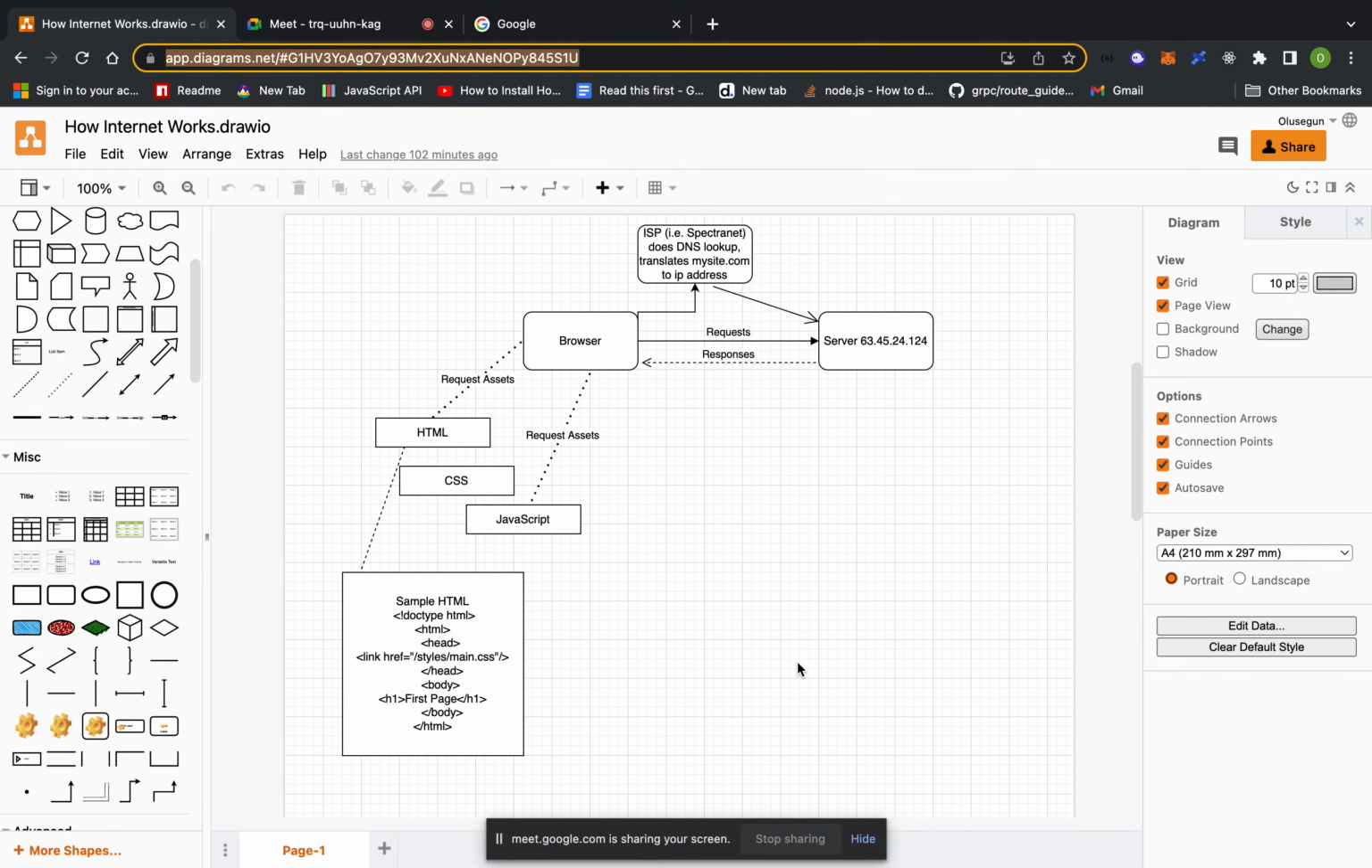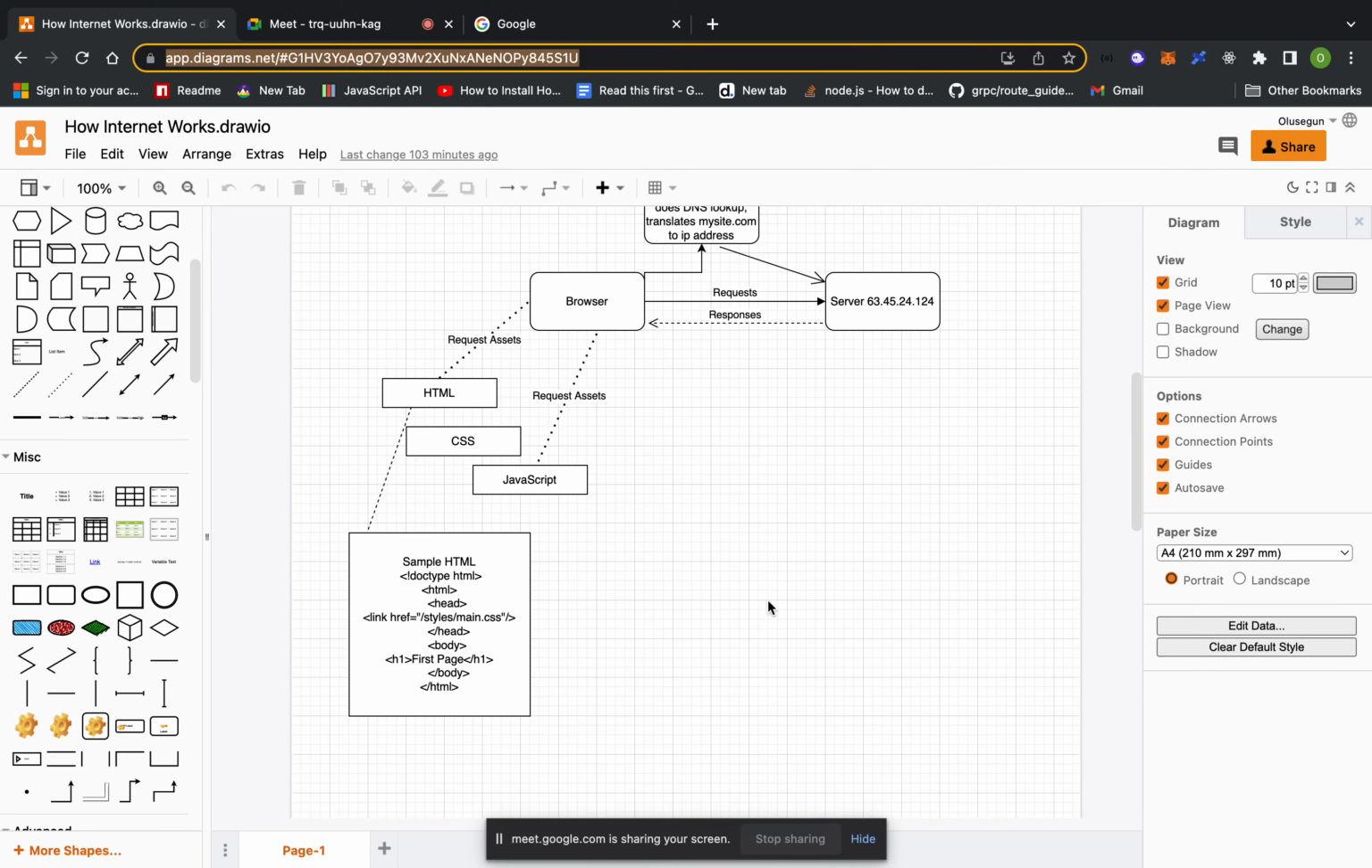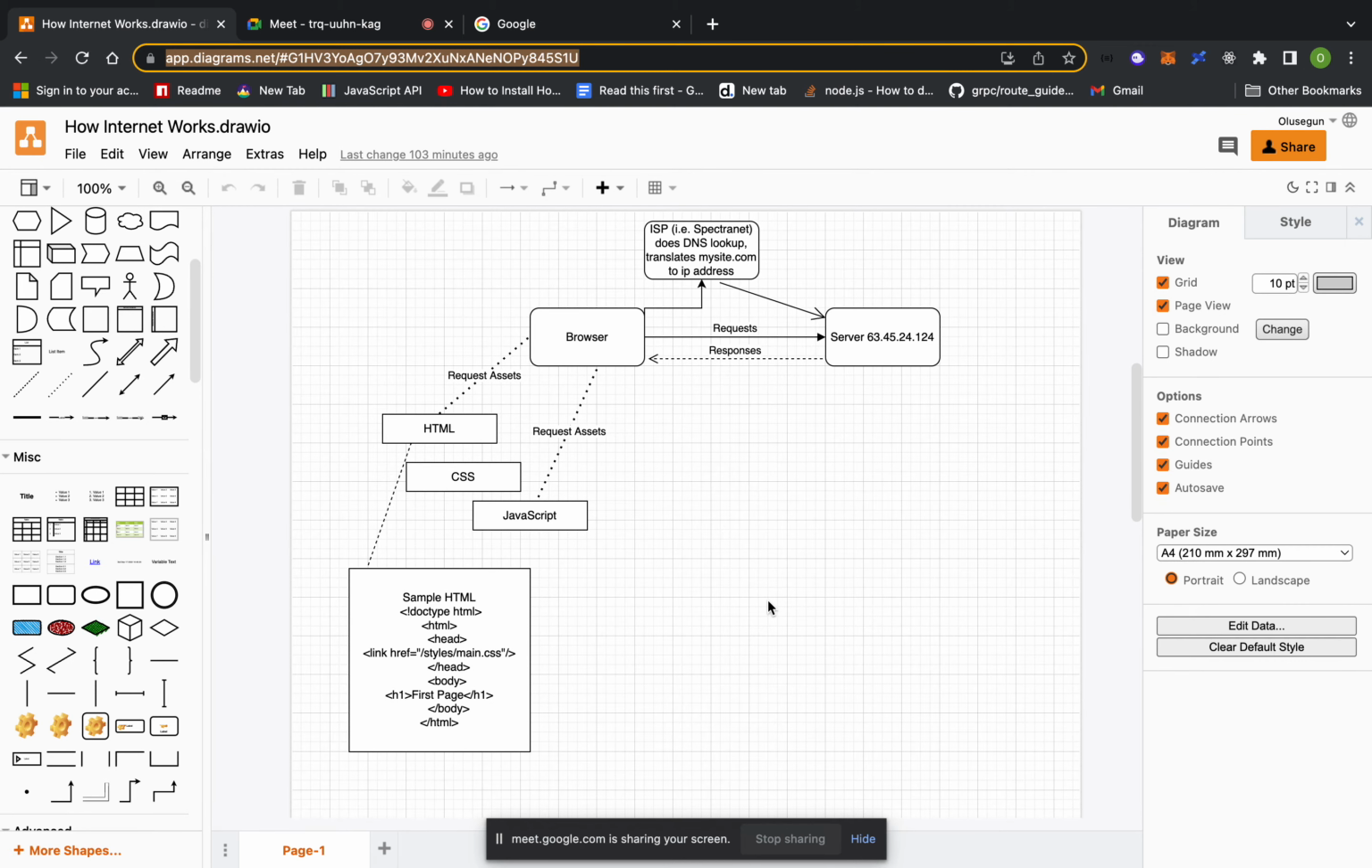At least you have a basic understanding of how the browser and the server interact, how the browser parses the file, and how the ISP does the DNS lookup and all this. I feel this should suffice for now. So, in the absence of questions,